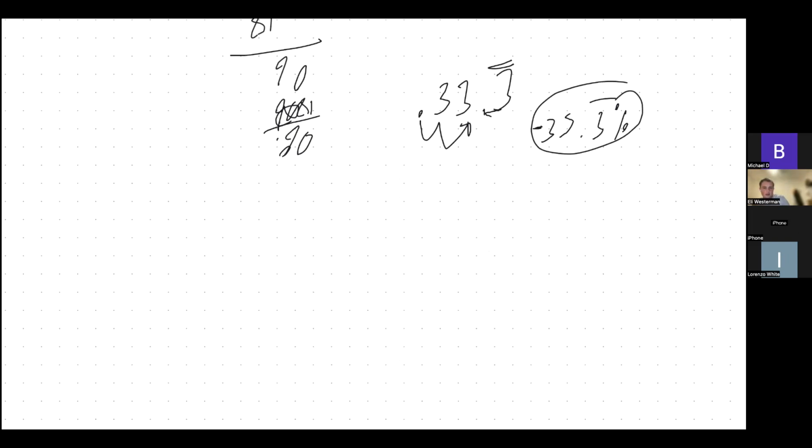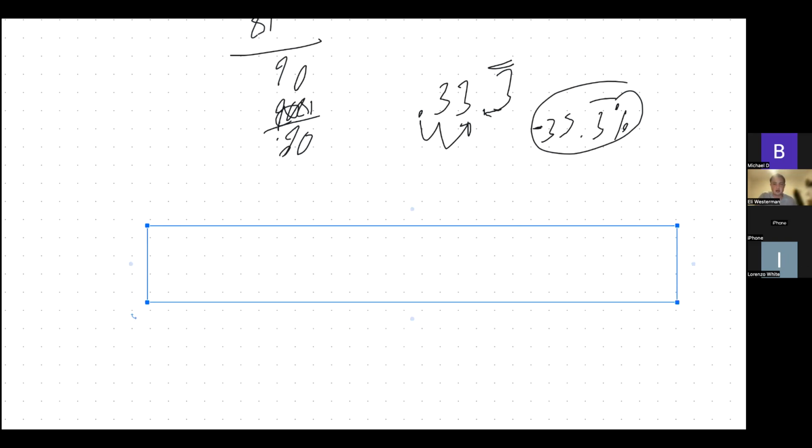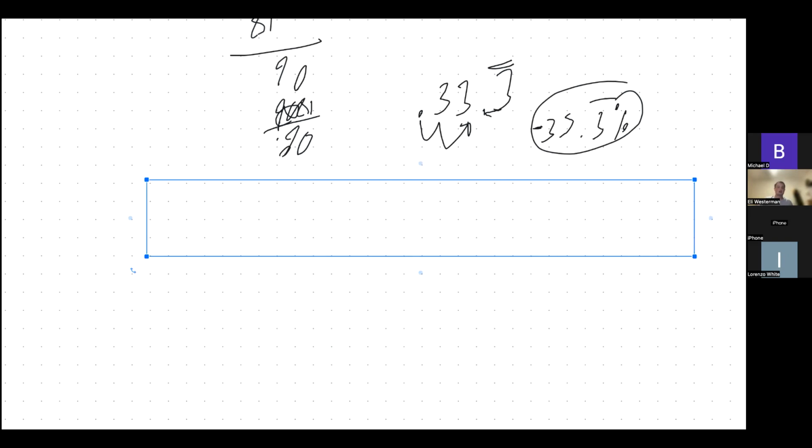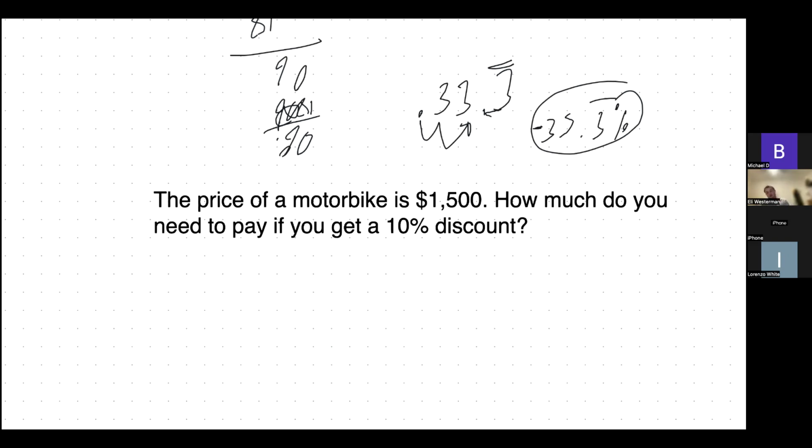I'm going to give you one more type of problem because we have 2 minutes left. Sometimes they're going to talk about discount. So the price of a motorcycle is $1,500. How much do you need to pay if you get a 10% discount? Say you're cousins with the person who owns the store, so you get a 10% friends and family discount. So let's say 1,500, and we want to find what 10% of that is. We can say 10% equals 0.10, and then multiply 1,500